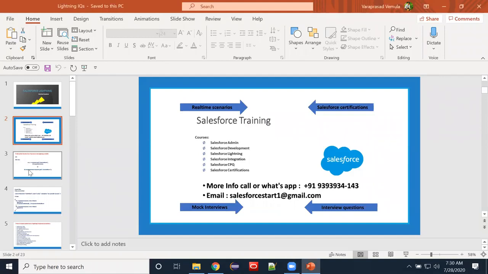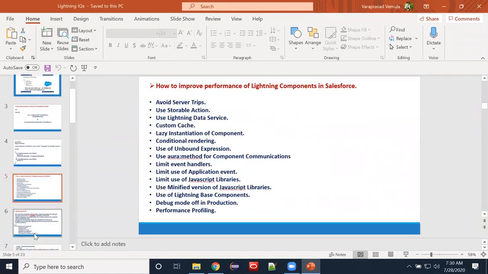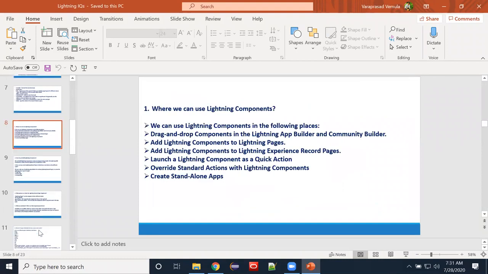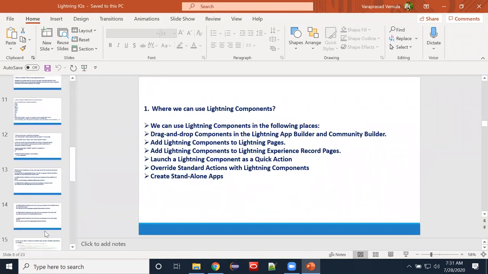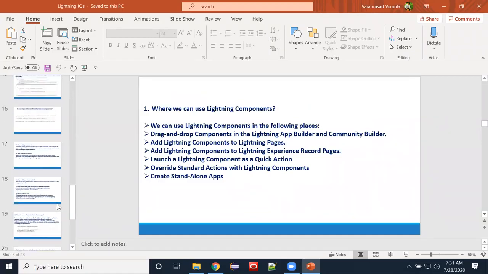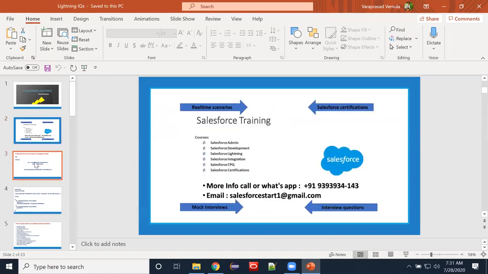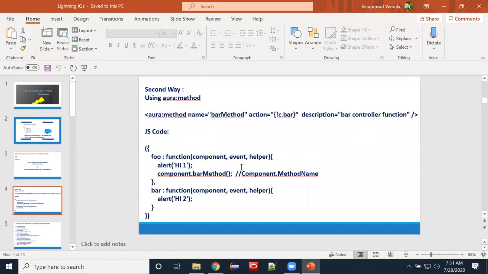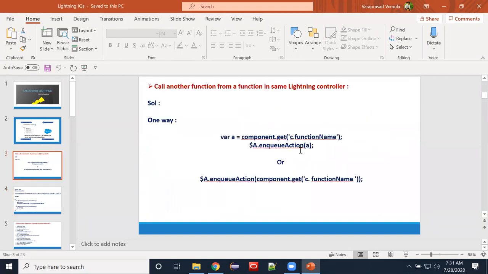Okay. So I'll share this document as well. Please go through it before attending any interviews, so that it will help you. I will add some extra questions also here. Currently we have only default questions with scenarios. I'll add scenario-based questions so that it will help you know which questions they will ask scenario-wise. So this is scenario-wise, right? How can you call a function from one function? Similarly, they will ask how we can call a helper from another helper. If you want to try, you can try that assignment and ping me in the group. How can we call helper to helper in the Lightning component?